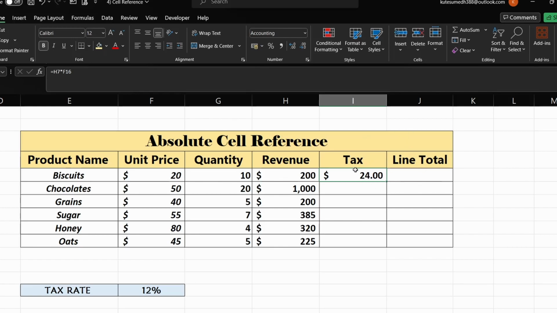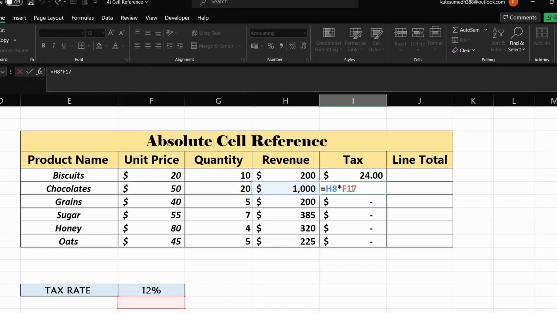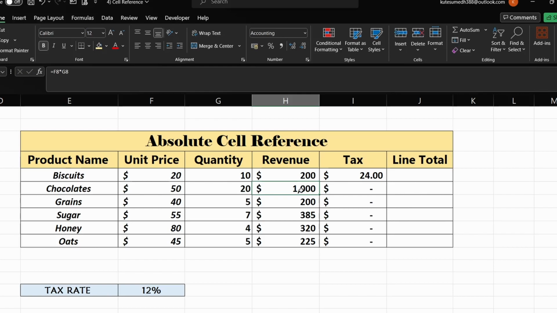So what I have told you is to go to this small square box and double click on it, but here it is not getting applied. The reason behind this, we will first understand. Because what happens is, Excel moves one cell down every time in the formula. Let's come to the revenue. See, what is the formula here? F7 into G7. And then we come one cell down. What is the formula here? F8 into G8. What is the formula here? F9 into G9. So Excel moves one cell down every time and calculates the same calculations and gives us output.